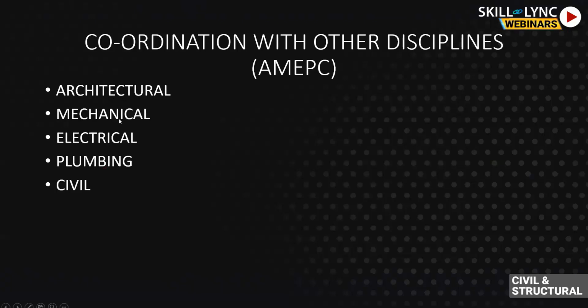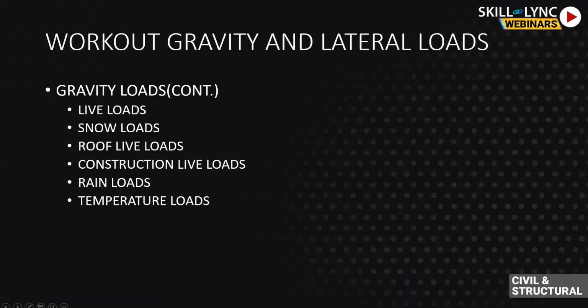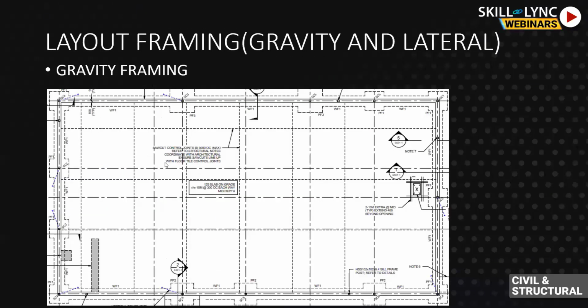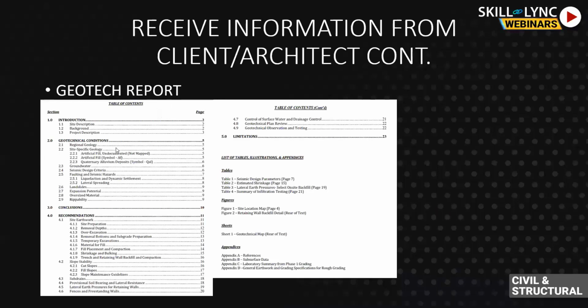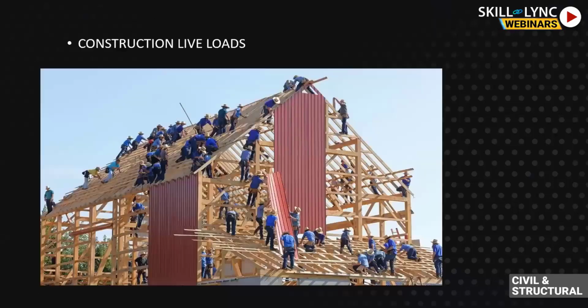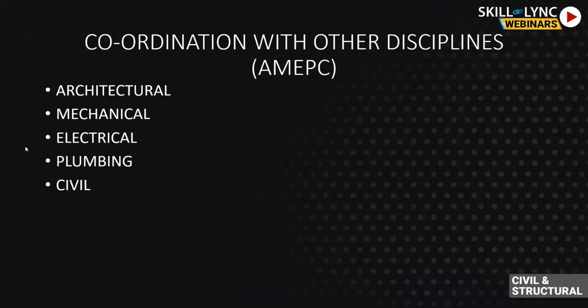all the coordination items with architectural, mechanical, electrical, plumbing, as well as civil. With civil, as I mentioned, a classic example is the grading plan. When I said 300 meters at this point and 280 meters of grade elevation at this point, I did that coordination with civil right in the beginning, even before going into the design of foundation. So I got to know what kind of foundation it is going to be, what grade elevations are there, and at what elevation I'll put up my finished floor and my foundation. So that's a coordination right in the beginning of the project cycle with the civil discipline.